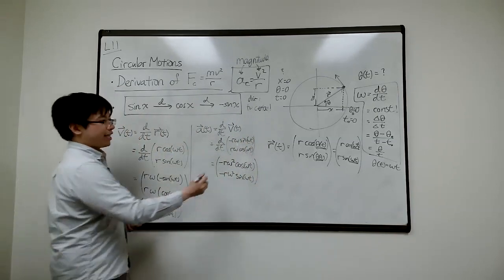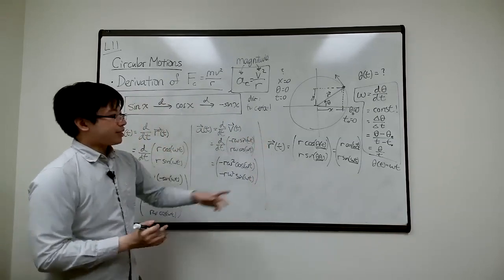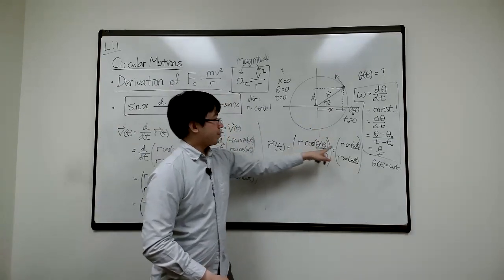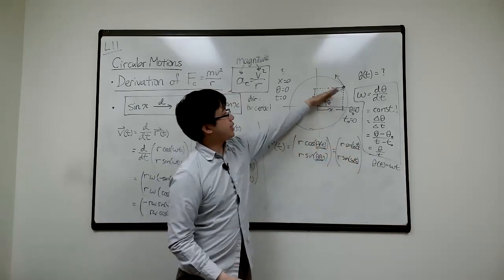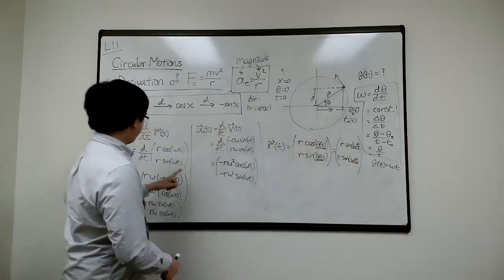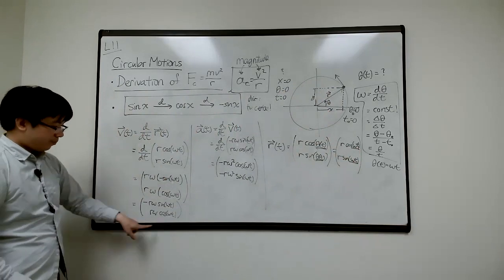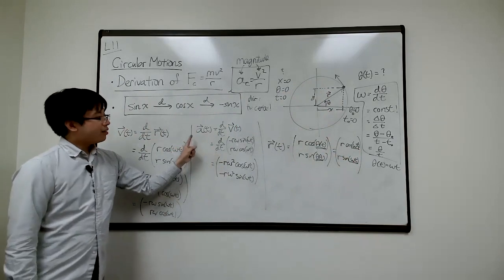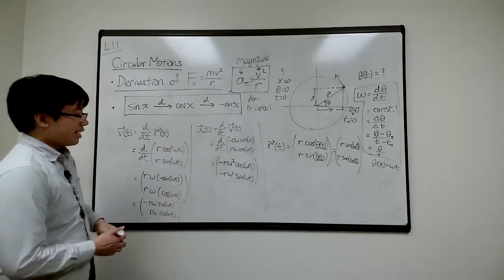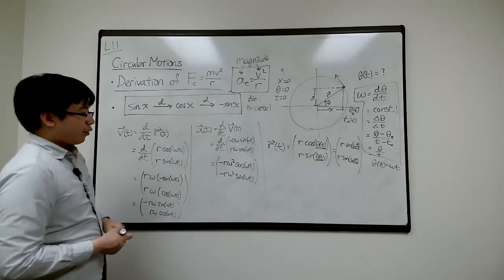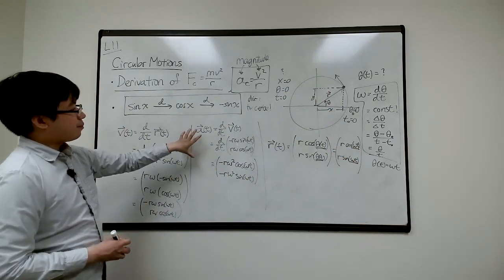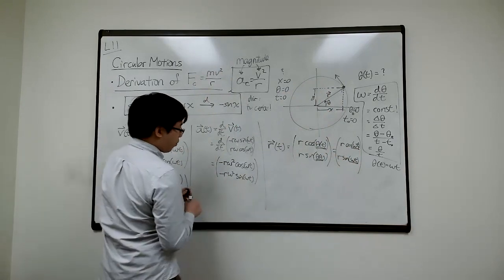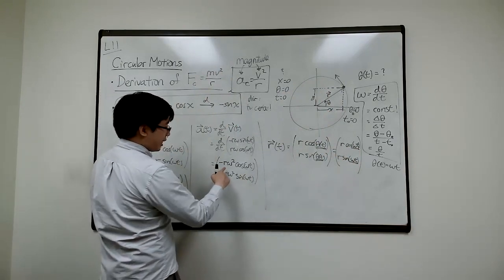All right, so what have we achieved so far? So I found the position function, right? I know exactly at every single time what is the position of this object. I know at every single time what's the velocity with this vector function over here, and at every time what's the acceleration. Now, what's the direction over here? I'm curious about the magnitude, right? How do I find the magnitude? Well, the magnitude is